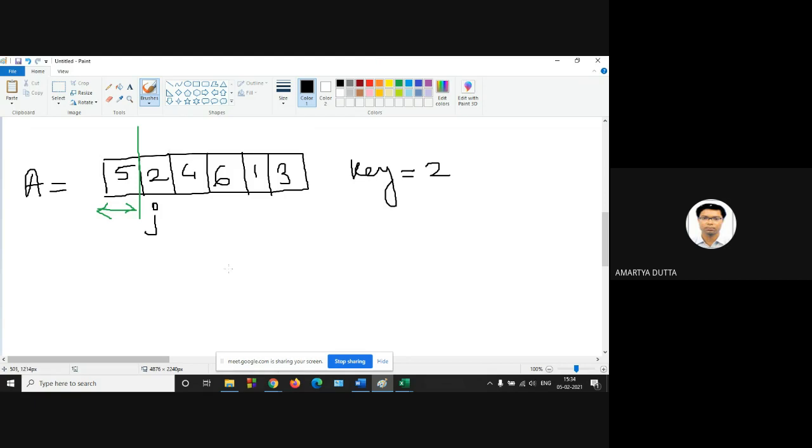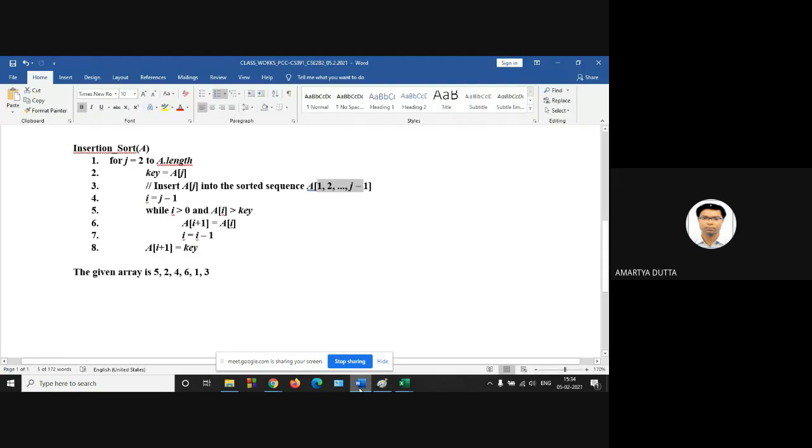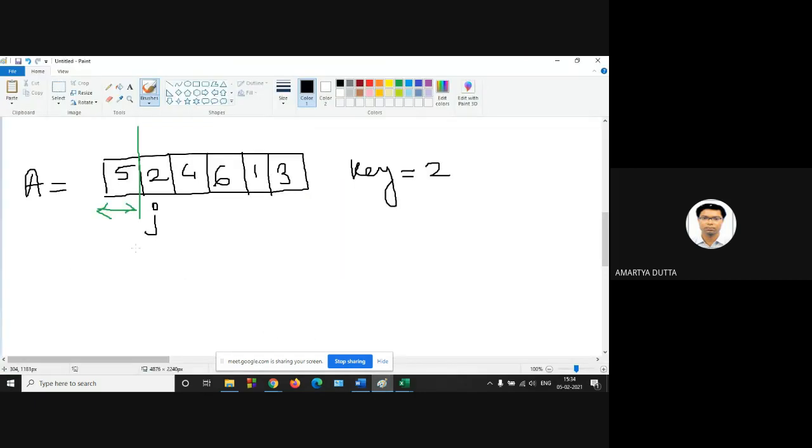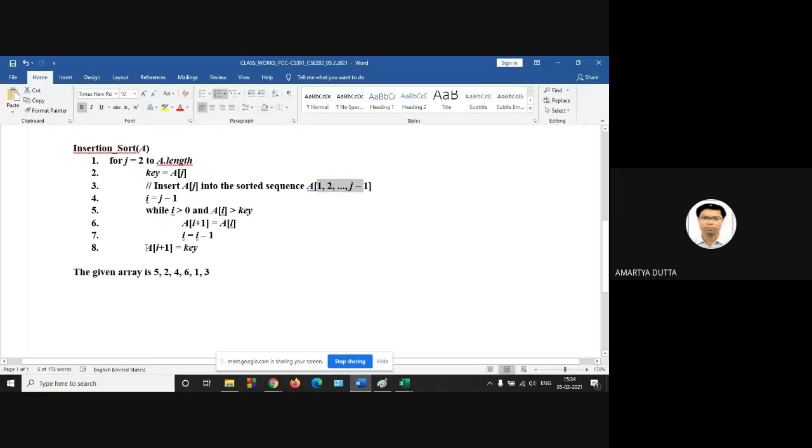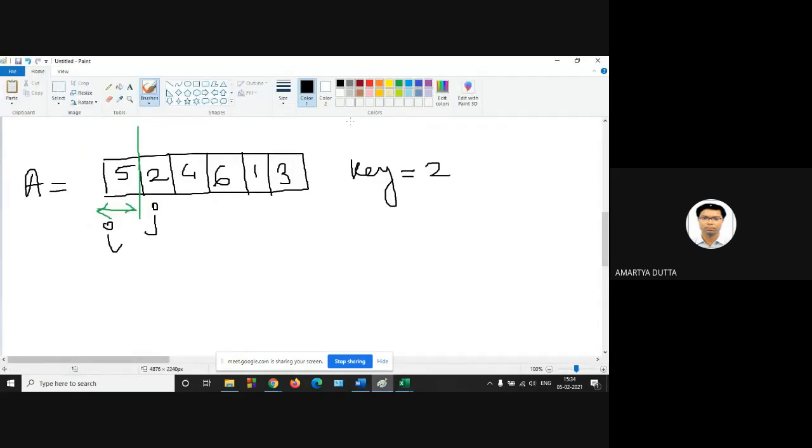Insertion sort. So first of all, i is equal to j minus 1. Initially i will be at this position. Then while i is greater than 0 and A[i] is greater than key: what is the A[i] value? A[i] value is 5. This is greater than key.